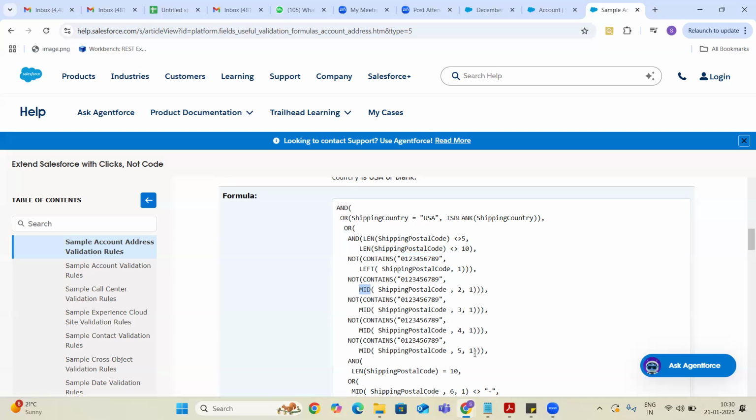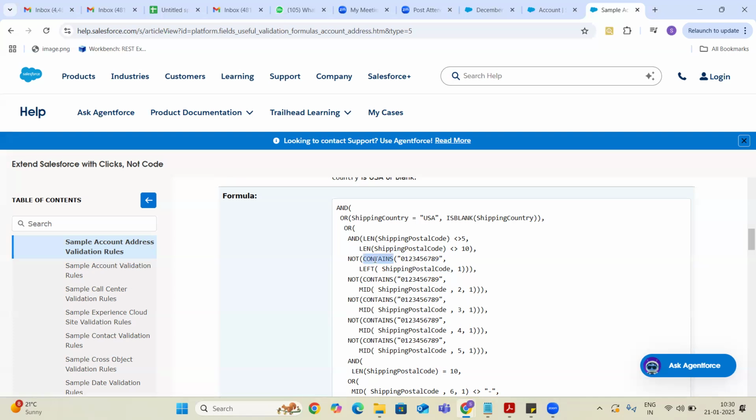This is going to validate all the 5 values. If any of them is not a number, using CONTAINS we are checking that.